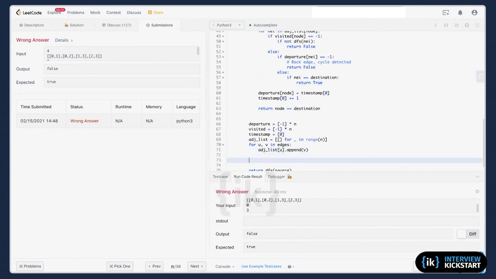I think I missed one thing here. I need to add one more thing here. I need to check the node for node in.